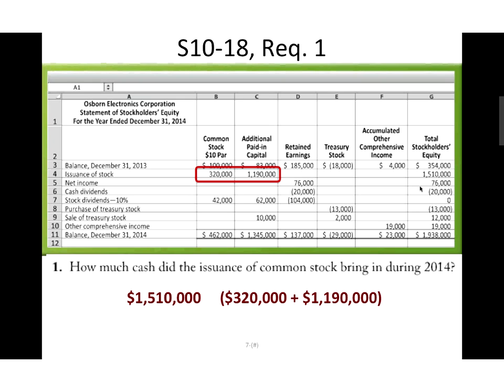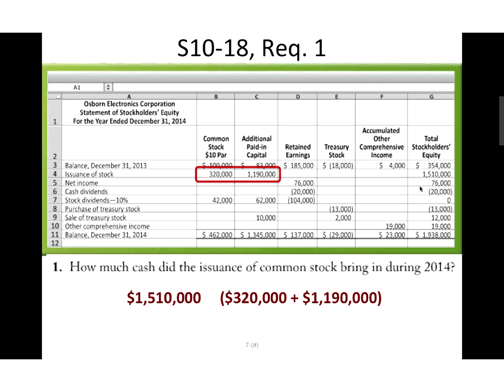Okay, so what I've done here is I have the statement, and the question is at the bottom. Question 1, how much cash did the issuance of common stock bring in during 2014? When we look at the statement of stockholders' equity, the first line, row 3, this is in a spreadsheet, tells us the beginning balances. Going down to row 4, it says issuance of stock. It says common stock has $320,000 in it. Additional paid-in capital has